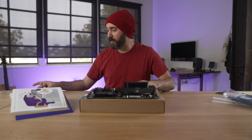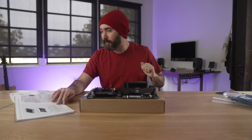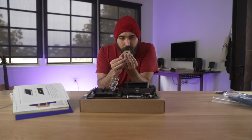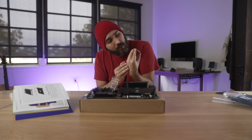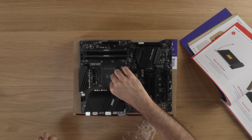Identifying your CPU as AMD or Intel. I know it's AMD. Locate the socket, that boy right there. Inspect the pins. So let's go ahead and open it up and take a look. So yeah, just kind of taking a look at it, make sure nothing looks bent, like it arrived damaged or anything, which it doesn't look like it. That all looks, no, it looks good. Open the socket, which is this little...